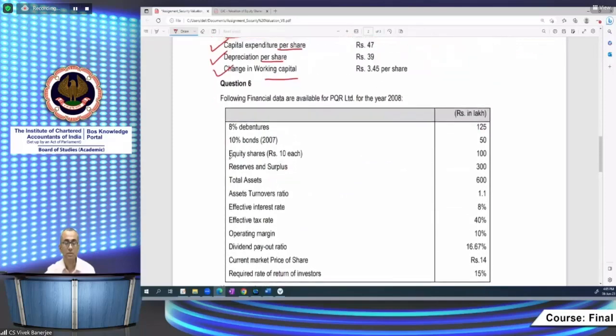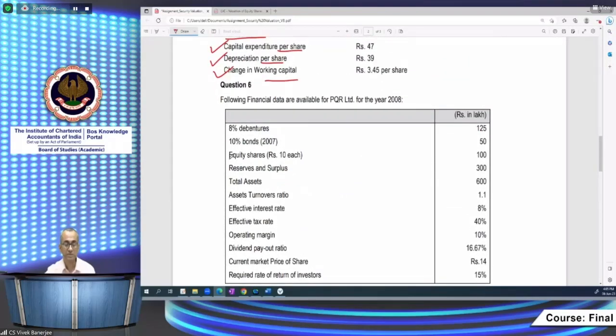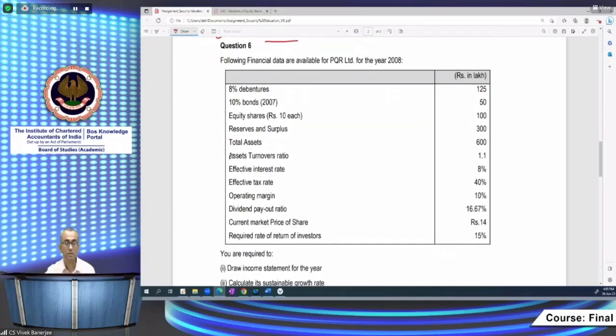Okay. अब आते हैं नेक्स्ट क्वेश्चन, क्वेश्चन नंबर 6 पे। क्वेश्चन नंबर 6 जो है थोड़ा सा लेंदी है, तो फर्स्ट ऑफ ऑल यू हैव टू रीड द फिगर्स वेरी केयरफुली, ट्राई टू अंडरस्टैंड इट, हाउ टू प्रोसीड द क्वेश्चन एंड देन स्टार्ट सॉल्विंग द क्वेश्चन। ओके, तो सबसे पहले आप फिगर्स को ध्यान से देखिए कि और समझने की कोशिश कीजिए कि इस क्वेश्चन को हम कैसे बिगिन कर